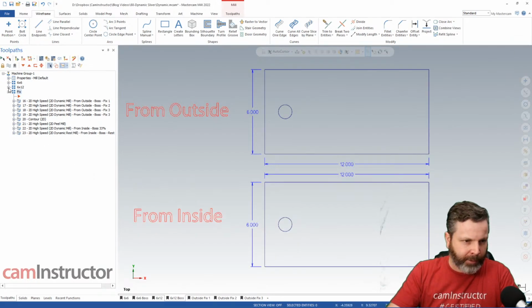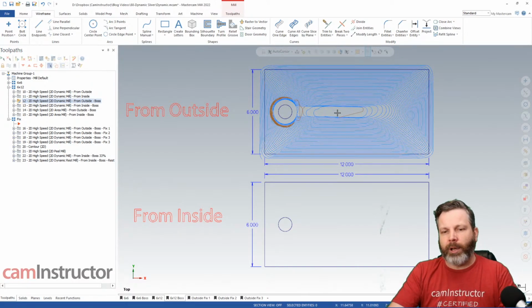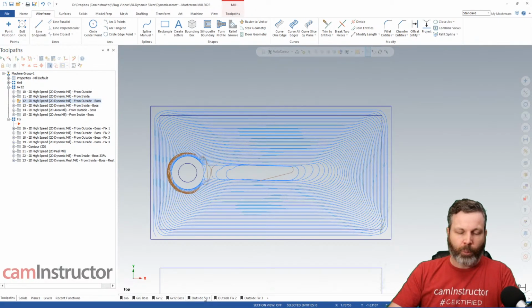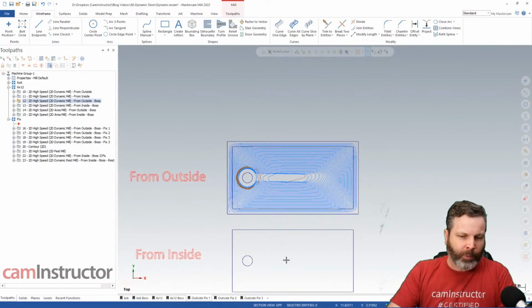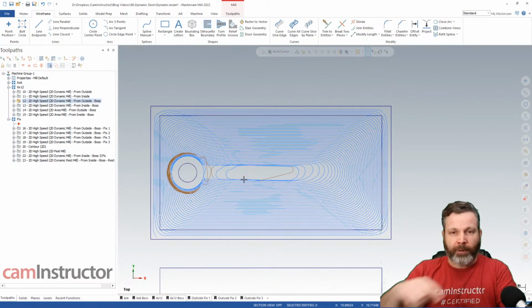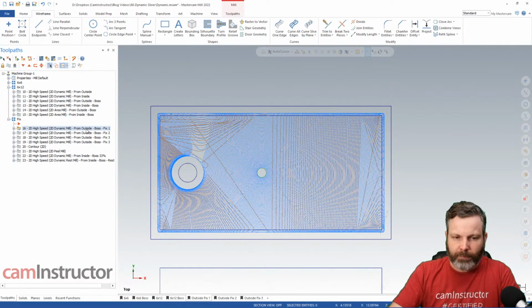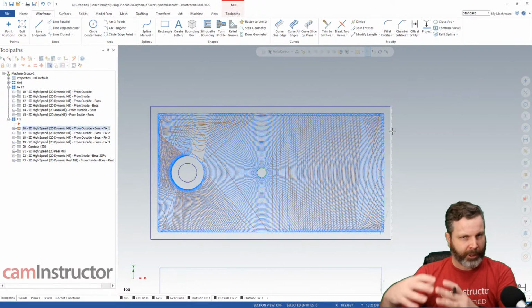Let's get that toolpath up there. So there it is. So how do we not cut the sliver? So lots of things we can do here. Number 1, so we saw how Dynamic addresses material when we cut from the inside. So let's say with this problem shape, instead of cutting it from outside, we switch it and we cut it from the inside. Okay, so for that, we've had to draw a new boundary outside of the shape that we